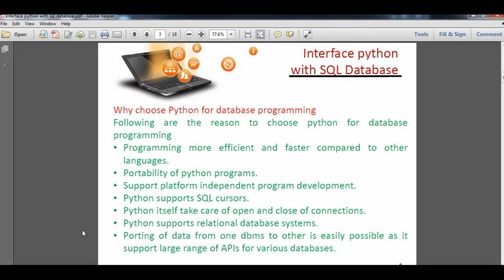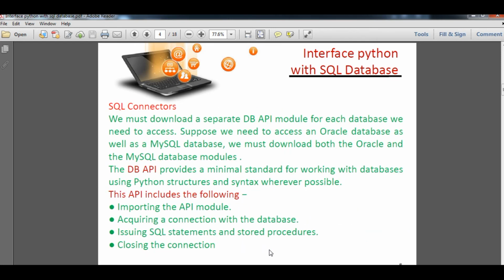Next, porting of data from one database management system to another is easy, and it supports a large range of APIs for various databases. Here a new word has come, API, that is, application programming interface. You can consider it similar to a module.